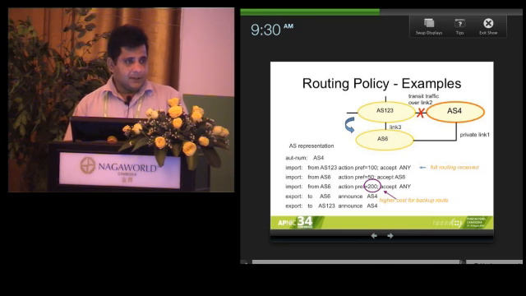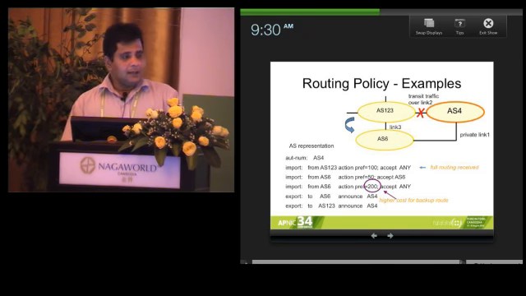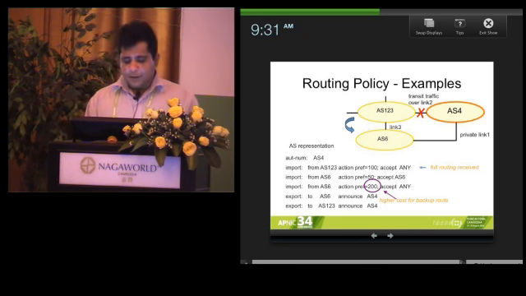So AS6 only. So you accept that from AS6 inbound import, right? Remember, we are focusing on the AS4. And then the third line, which is from AS6, we also have another statement, action preference 200 in this case. And again, we are accepting the full routing table, right? Accept any. Now, you can see that, of course, we are accepting the full routing table now from AS123 as